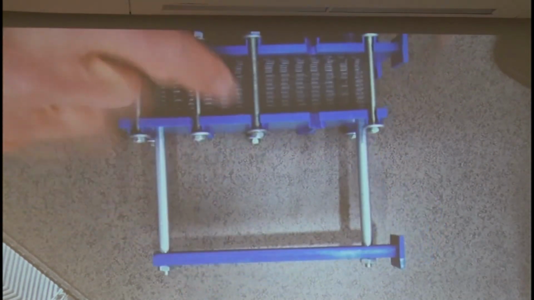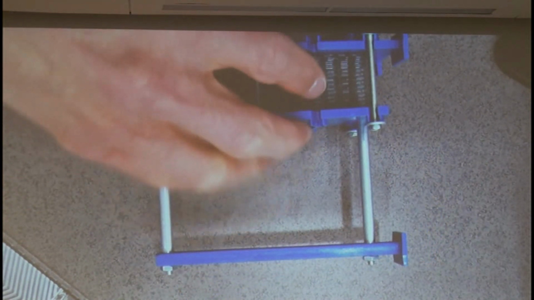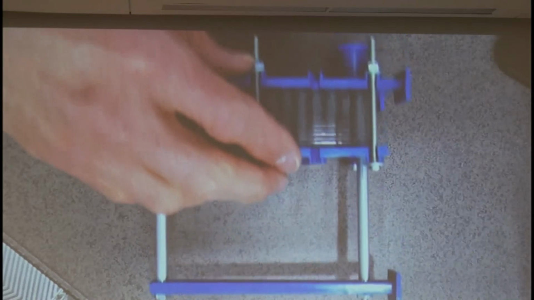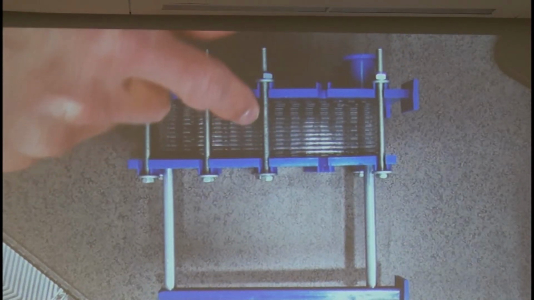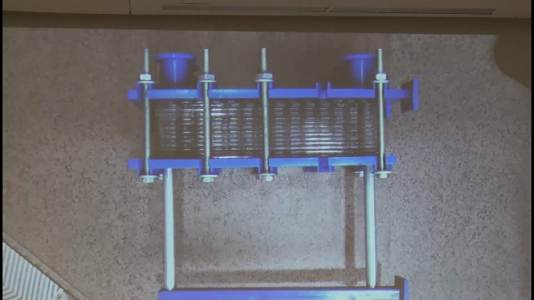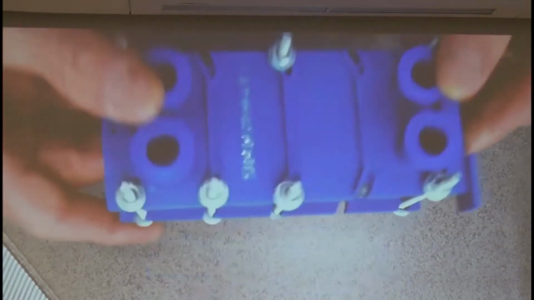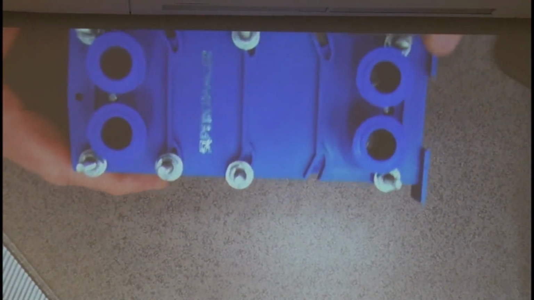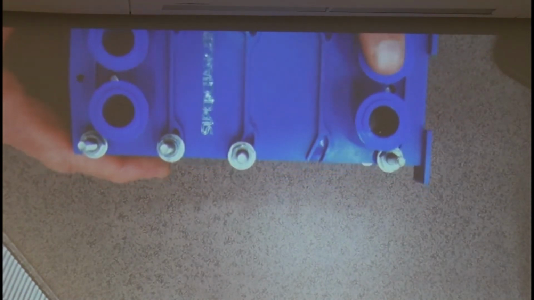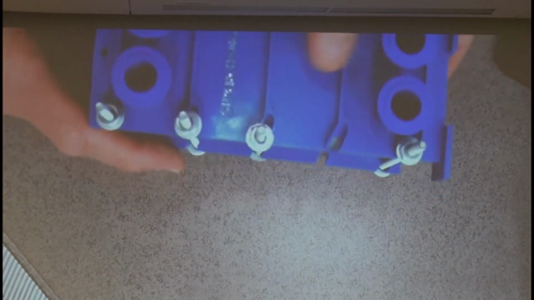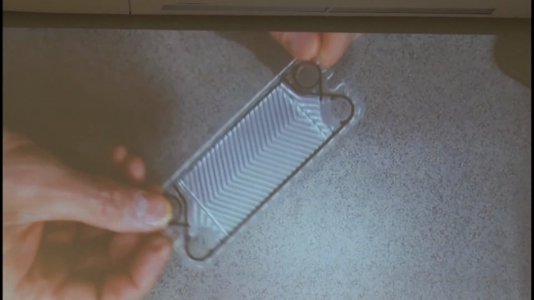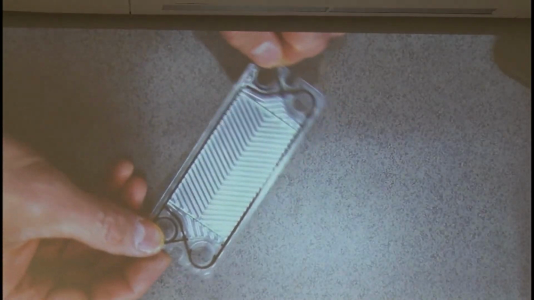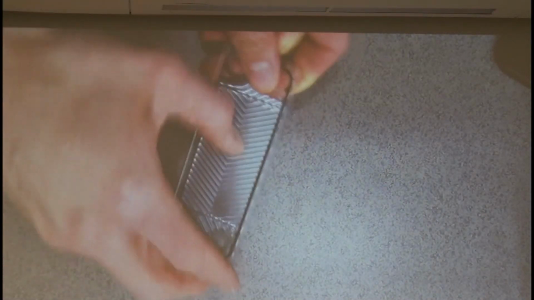So you see here, these are what would be like the plates that separate the fluids. And here you see these 4 holes. They are the inlet and outlet, right? And now it's quite complex. If you look, this is one of the plates that divide the flow. You see this